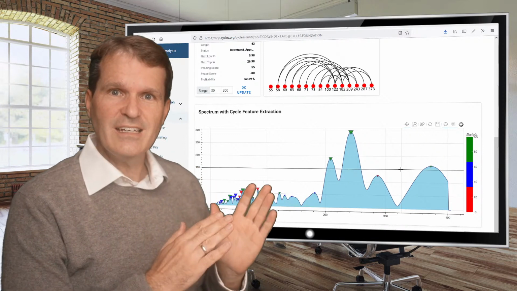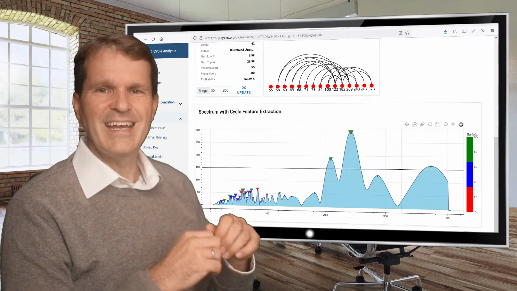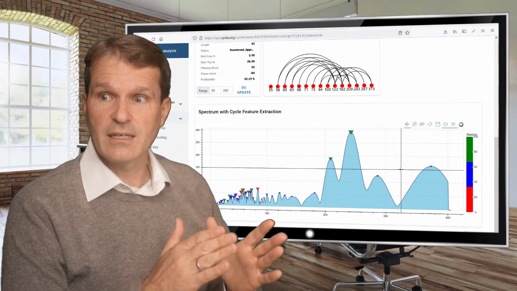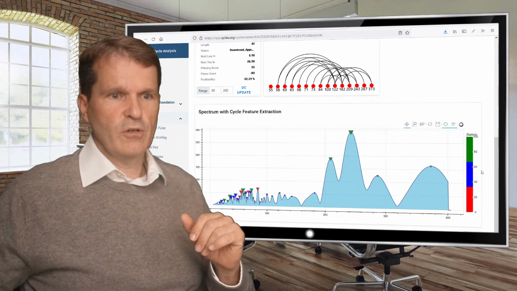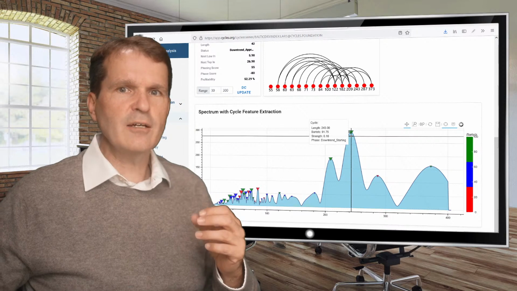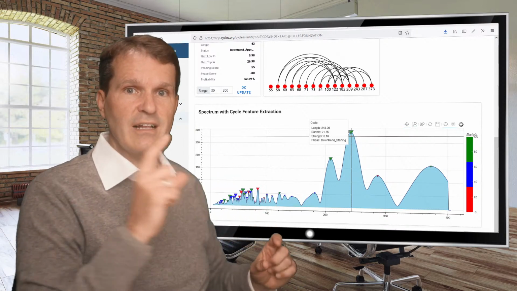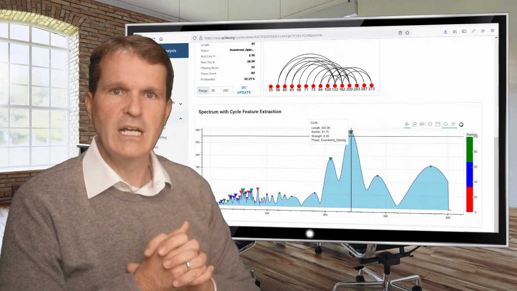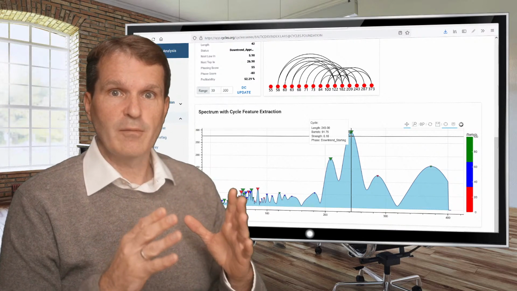But today we have a clear situation: if you look at this spectrum, there is a clear peak in this spectrum chart, right? If you look here in the middle of this spectrum, we have a clear peak which stands out in comparison to all the other little peaks in the spectrum here. So let's look at what this individual cycle peak looks like.